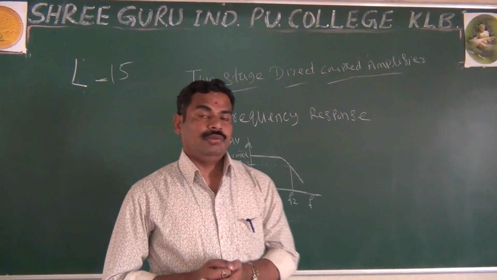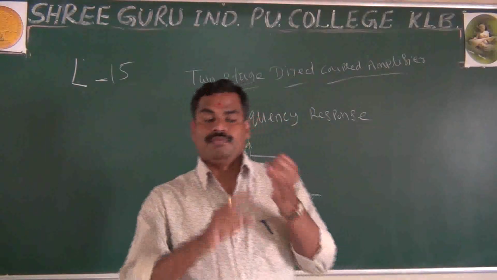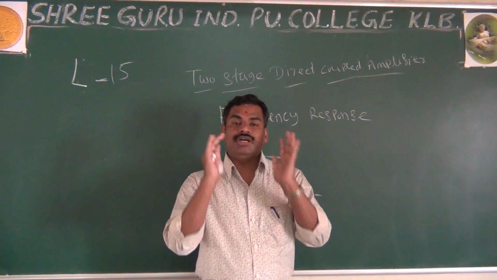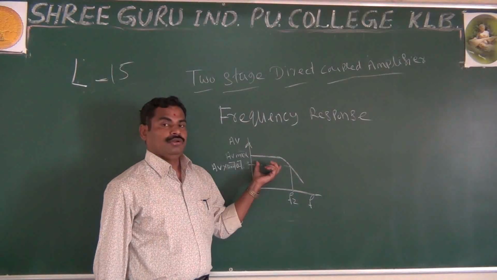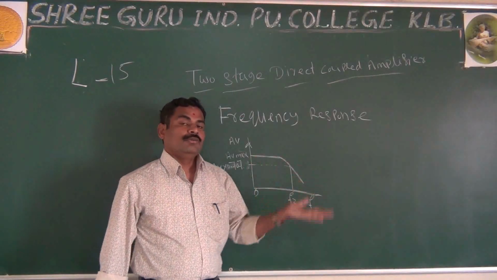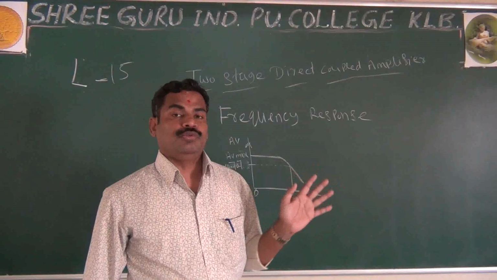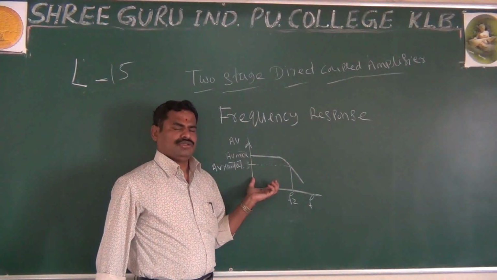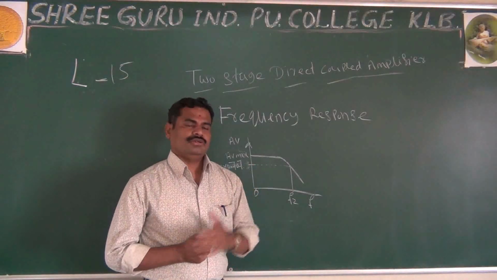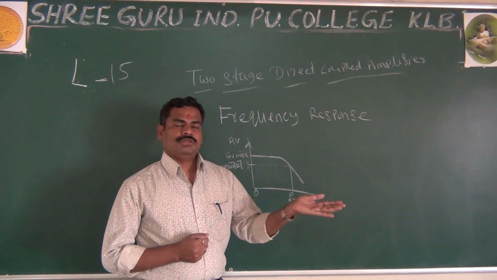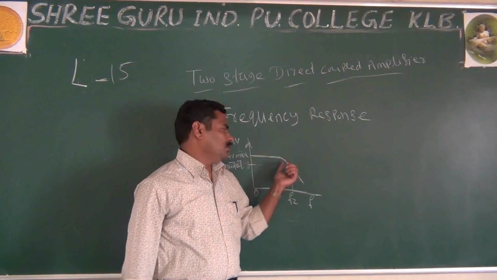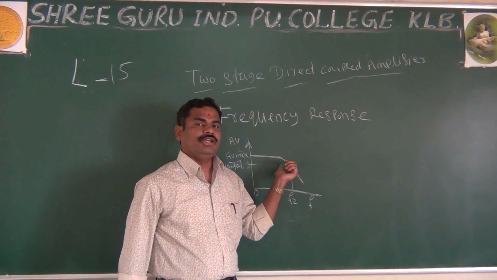Why will the gain be constant for low frequency? The most important thing, you are not using any coupling capacitor. Also, you are not using any bypass capacitor. That's why the gain will be constant. If you use coupling or bypass capacitors, then the low frequency gain will reduce because the capacitor has more reactance for low frequency. Also, in the mid-band frequency the gain will be constant. Why? Because some capacitors act as a short circuit and some act as an open circuit, both cancel, and in the mid-band there is no effect of the capacitor. That's why the gain will be constant.